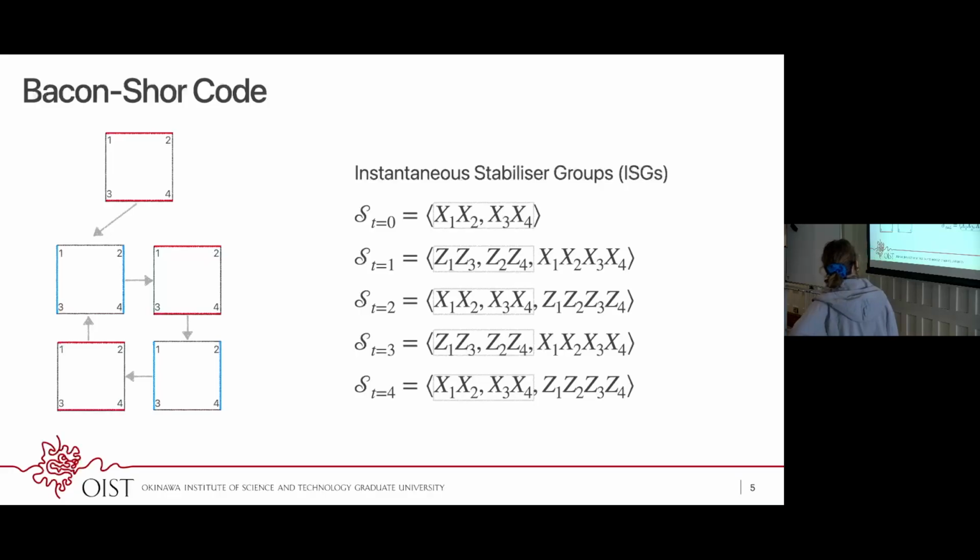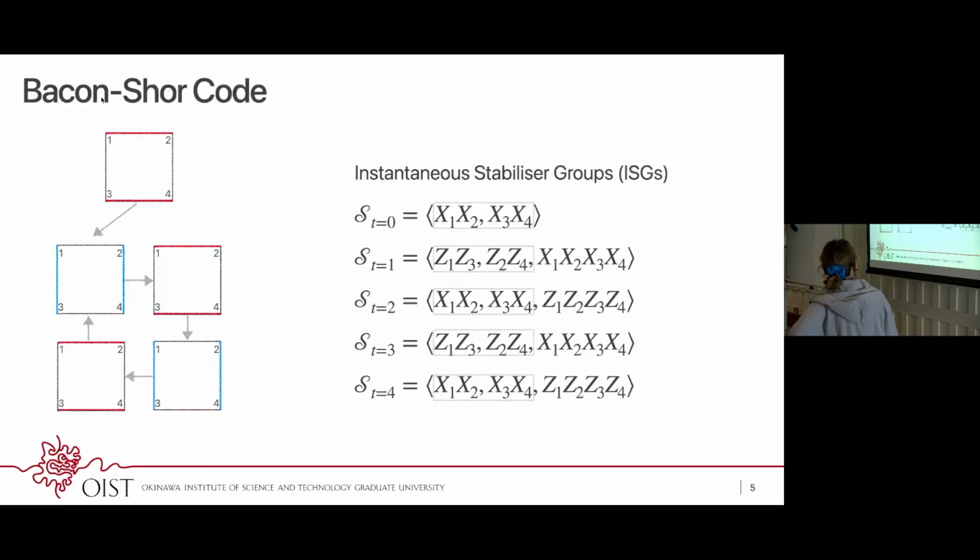Here I use the instantaneous stabilizer group to mean the Pauli operators that commute with all the measurements up to the current time step. Any operators that anti-commute with the newly applied measurements are removed from the stabilizer group. So here, in this 2x2 Bacon-Shor code case,